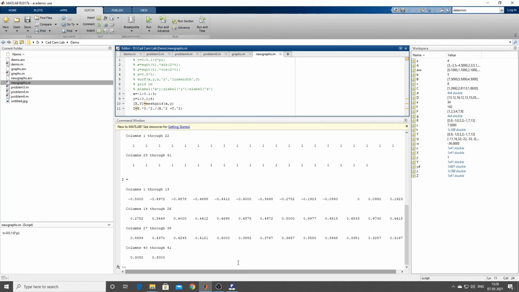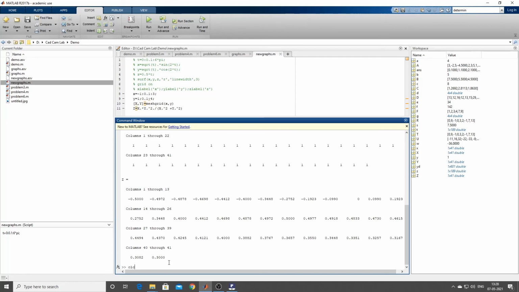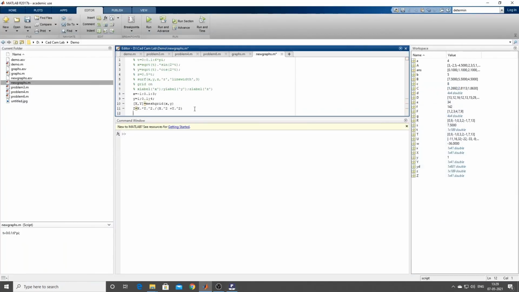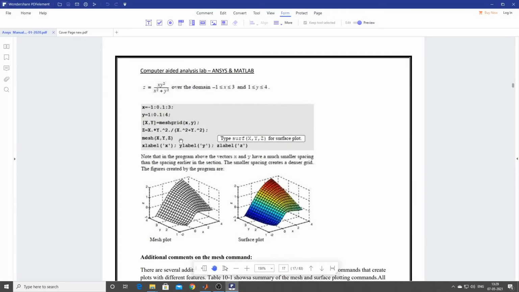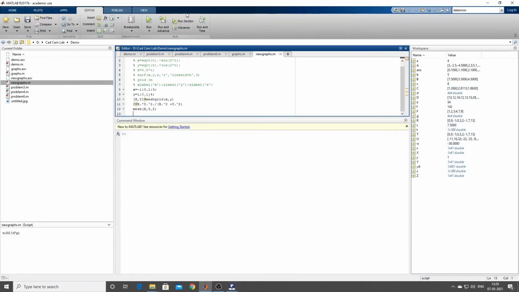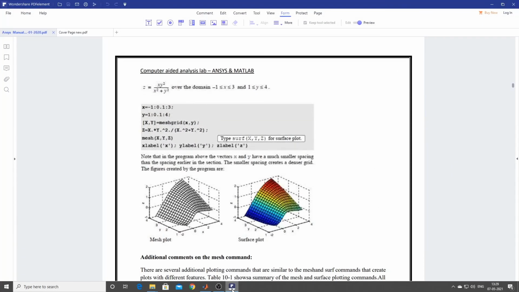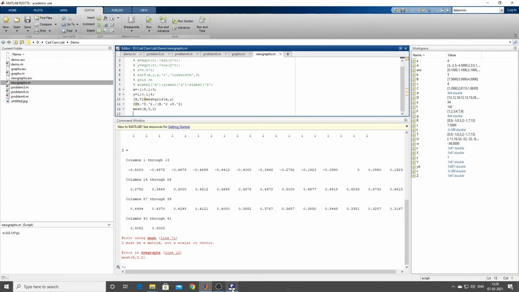Now what we do, please give CLC to this. Now try to type mesh of x comma y comma z. Then you can use whatever value you want, or you can type surface. I'll just show you now. If I now run it, wait, what is that it is showing?